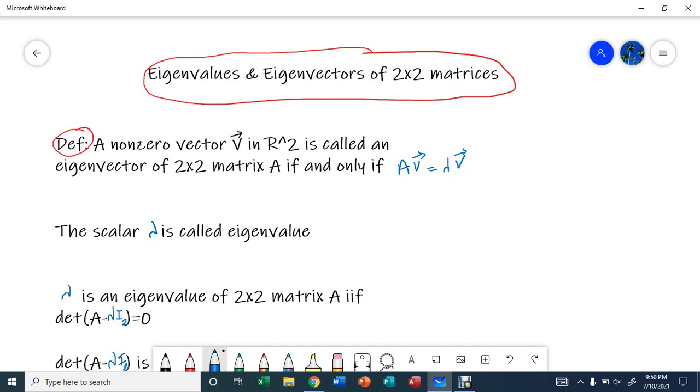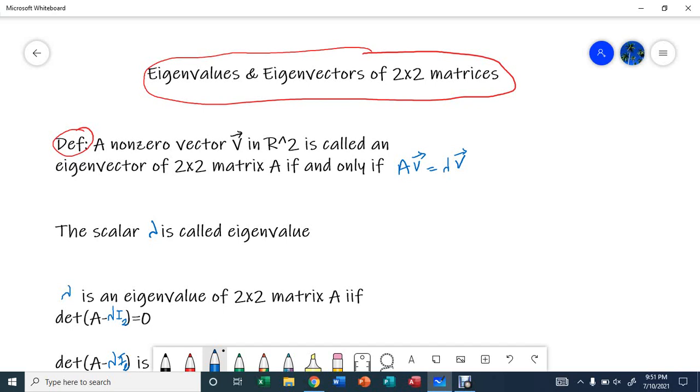Today I'm going to show you how to find the eigenvalues and eigenvectors of 2 by 2 matrices. So let's start with the definition. A non-zero vector v in R squared is called an eigenvector of a 2 by 2 matrix A if and only if Av equals lambda v. The scalar lambda is called the eigenvalue,